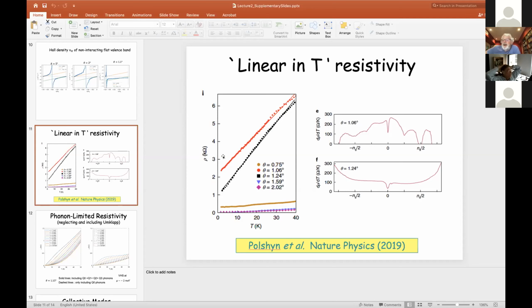So anyway, disorder is the other. I remember having conversations with different people at different times about the many examples where this linear in T resistivity has been highlighted in recent years in the literature. And very often the extrapolated value for the resistivity at zero temperature corresponds to a very long mean-free path. And